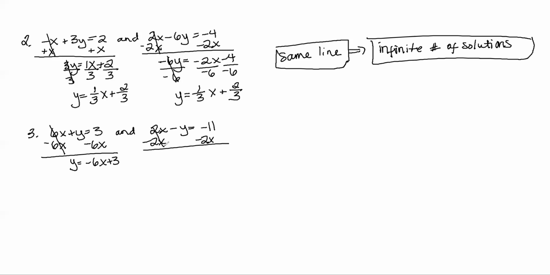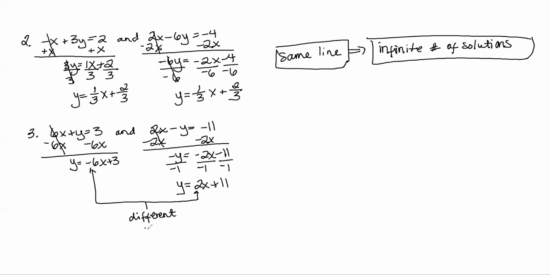Second one, we're going to subtract 2x. And we get negative y equals negative 2x minus 11. And change all the signs or divide by negative 1. So we get y equals positive 2x, positive 11, so plus 11. And if you notice on these two, our slopes are different. So we can't have the same line, we can't have parallel lines, which means that we have to have one